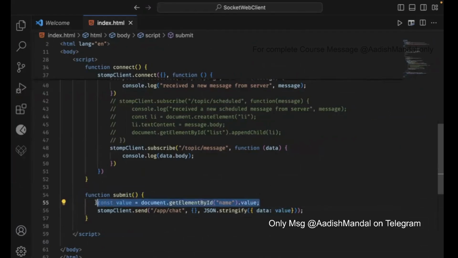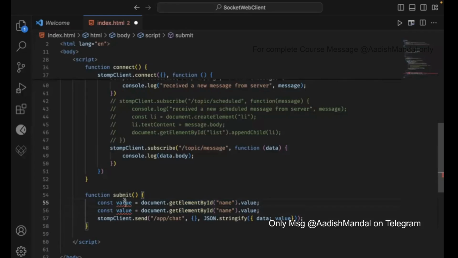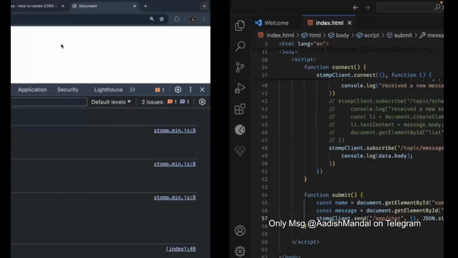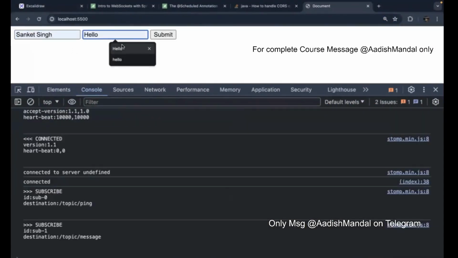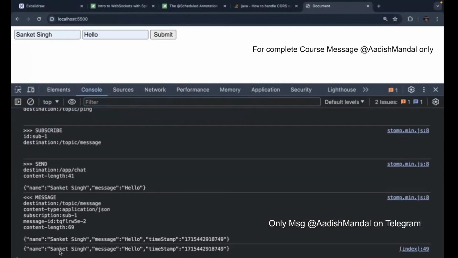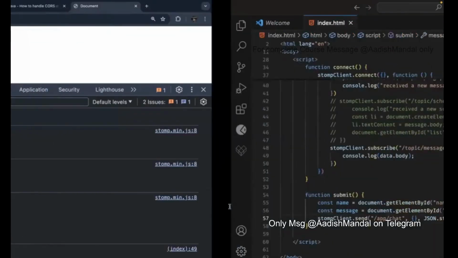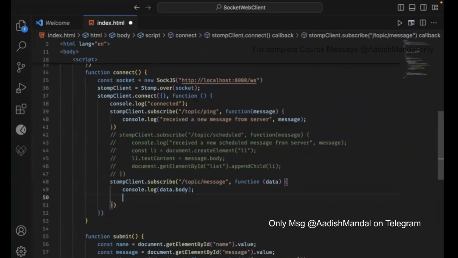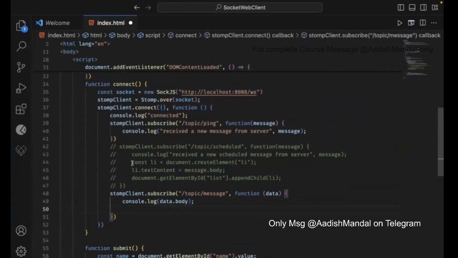So let's send that. Copy, paste, name, message. And here we'll say name, message. Save it, refresh. Sanket Singh, hello, submit. And can you see name is coming up, message is coming up, timestamp is coming up. So what I'll do is, on the subscriber, I will say